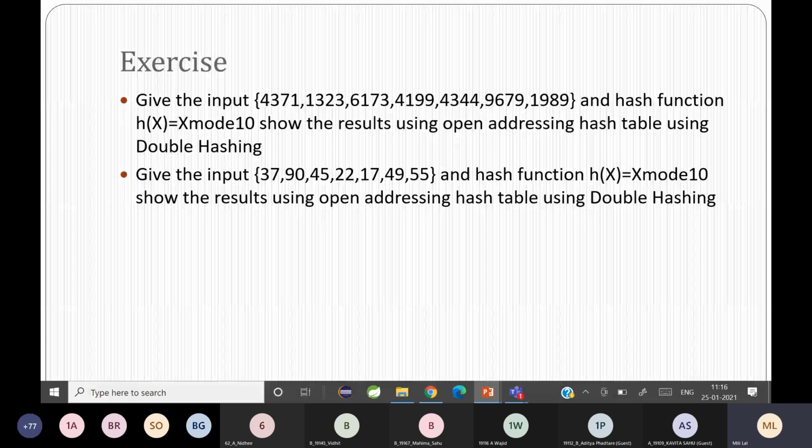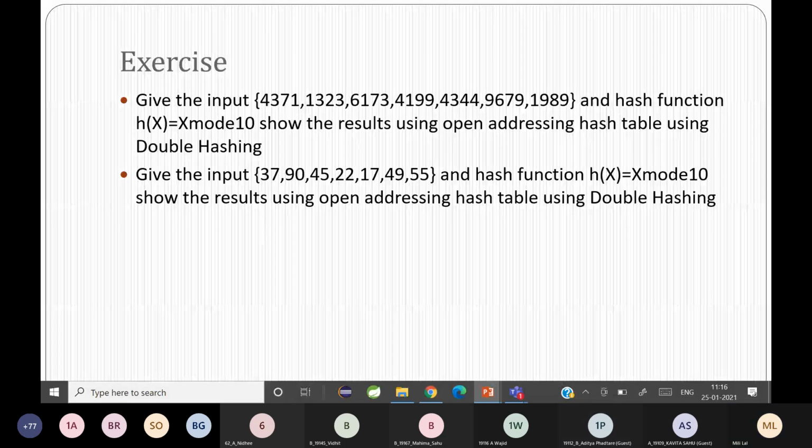You can see here, if you can see the screen, it's a comparison of linear probing, quadratic probing, and double hashing. So linear probing has the best cache performance, but it suffers from clustering. And one more advantage of linear probing, it is easy to compute. There is no complexity. You just have to increment the current key value to see if the slot is available, right? You all agree with me?